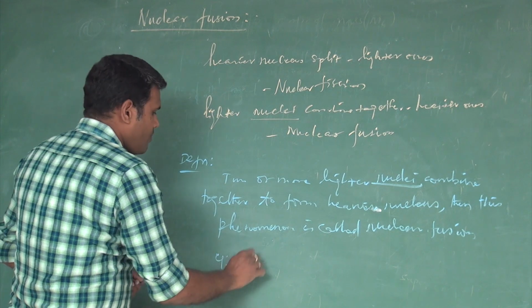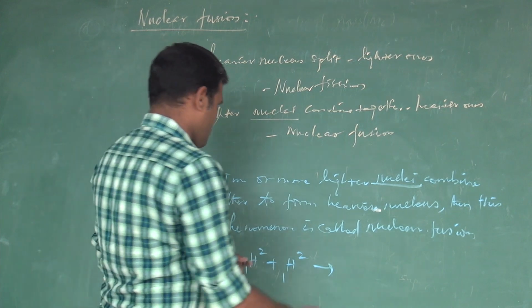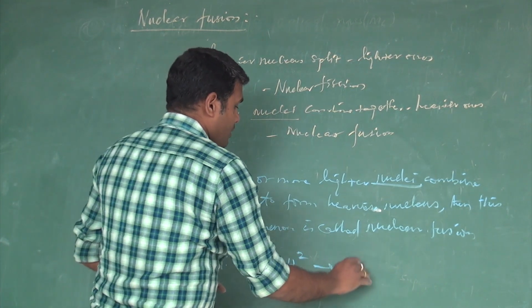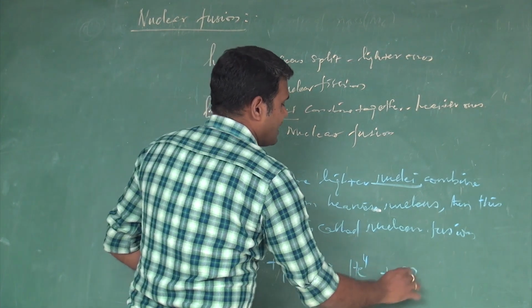Example: a deuterium fuses with another deuterium, forms an alpha particle, a He-4 nucleus, along with the release of